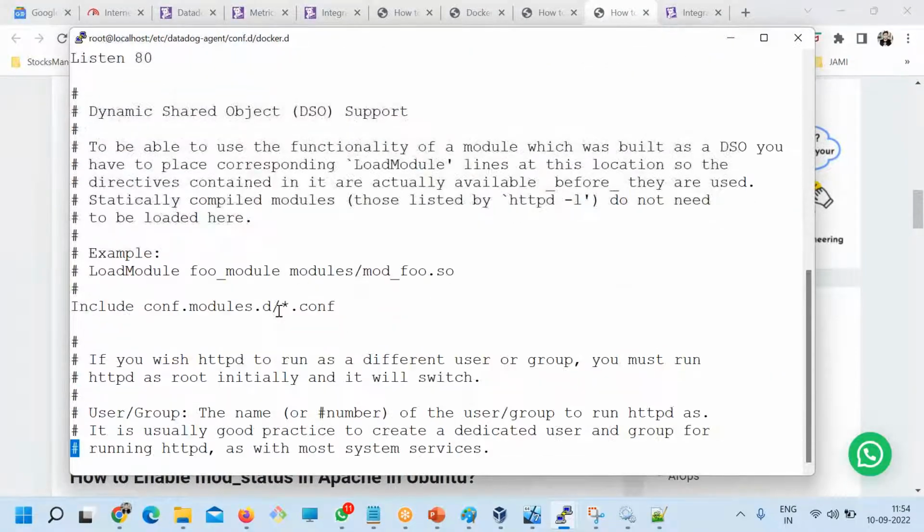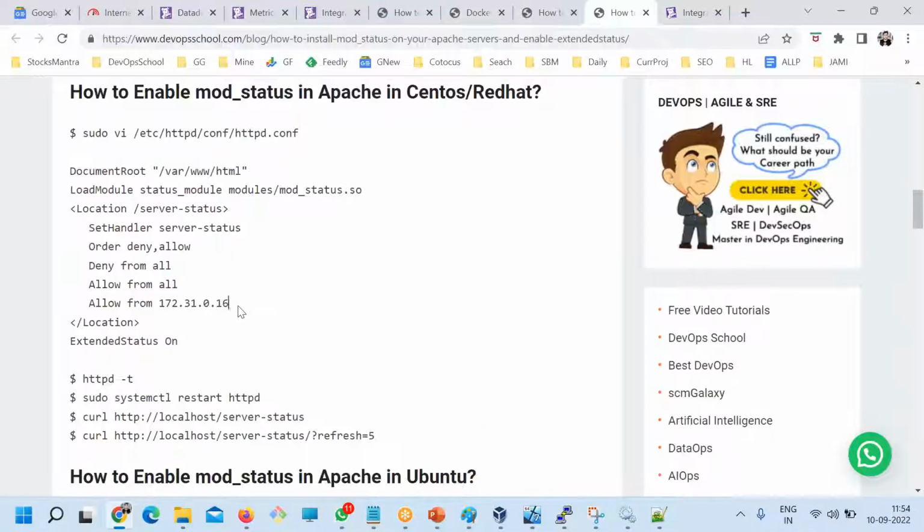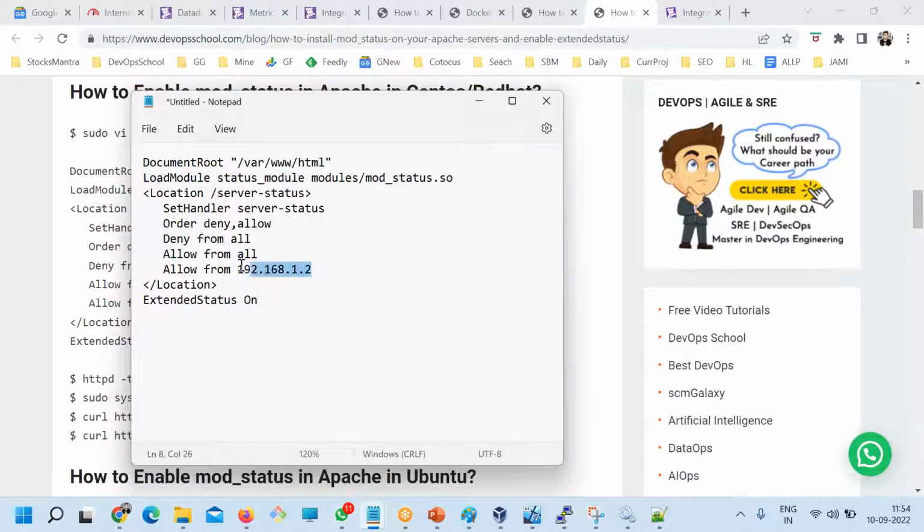But will Datadog know what is 192.168? This is the IP address. From that, mod status will be allowed to access that. So the same IP address, same machine IP address. This is all.